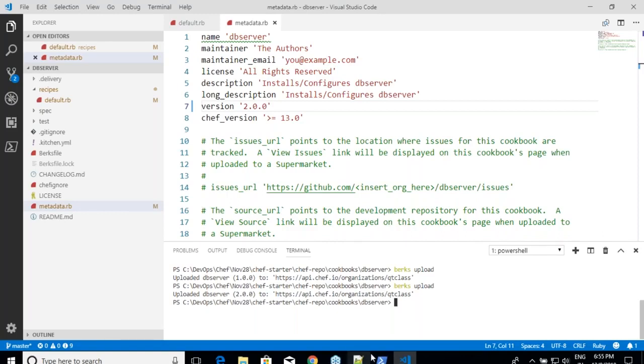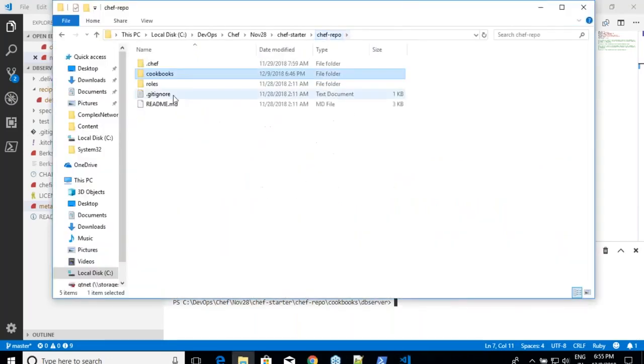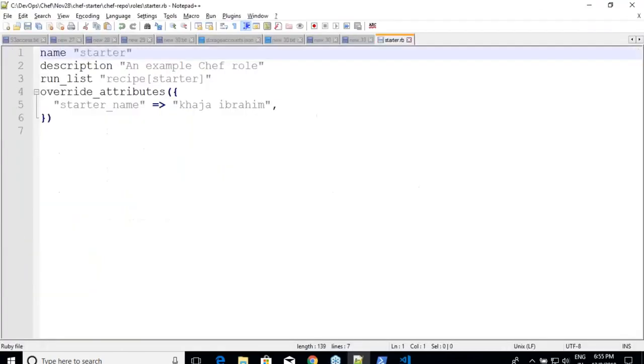Before I start all of this, let us get into our chef repo. In chef repo, are you seeing anything called roles? There's already some introduction over here. It says that you have roles, and there is something called starter.rb. And he tries to tell you that my role's name is starter. And the description which I am trying to write is whatever is the description. And there is a run list.